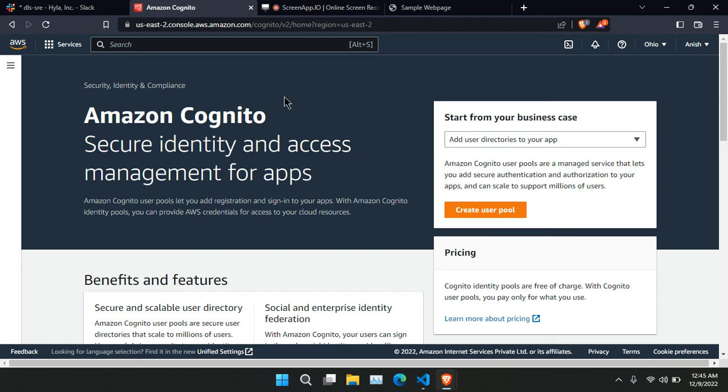We will see how you can create a user pool on AWS Cognito. AWS Cognito is basically a medium which provides authentication, authorization, and user management for web and mobile applications. For example, if you have created a mobile application or web application, and you want to provide authentication